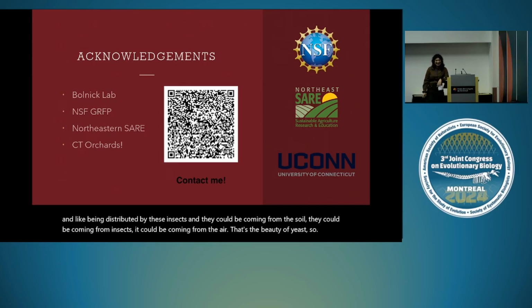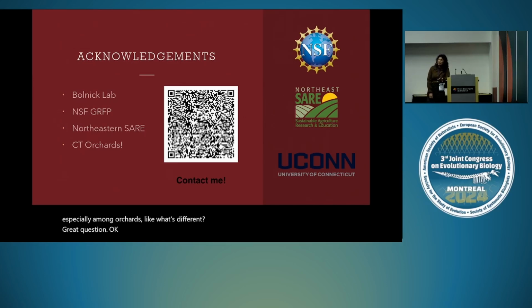Do you have any idea of chemical ecology among varieties or among orchards, especially among orchards? Like what's different? Great question. Among varieties, there are already established differences in terms of cell structure, sugar content, nutrient content. In terms of the orchards